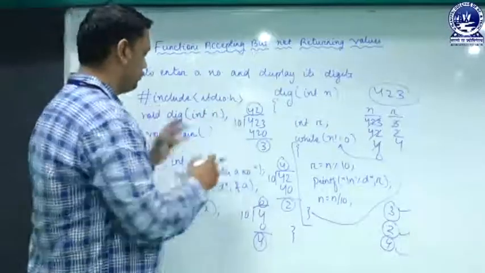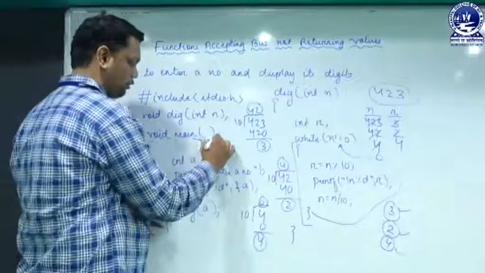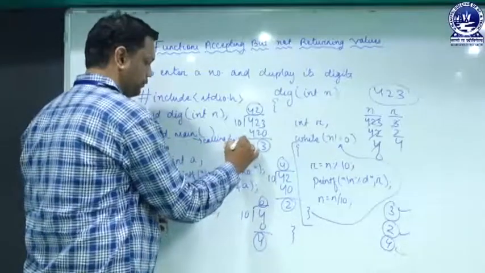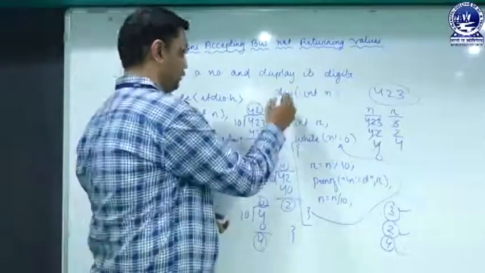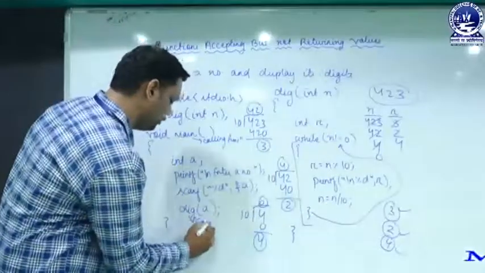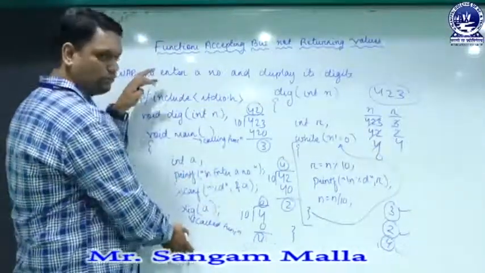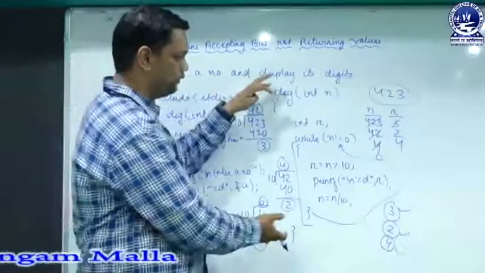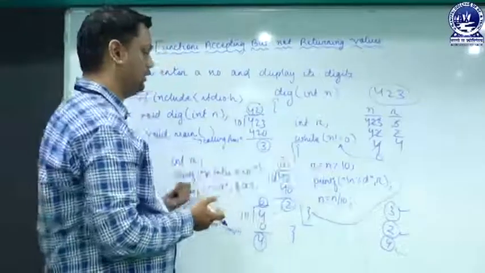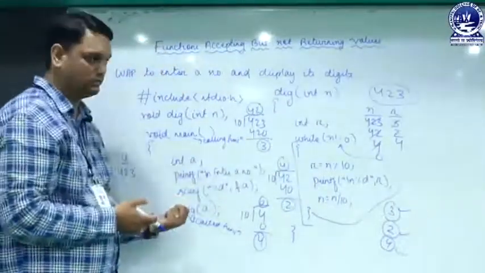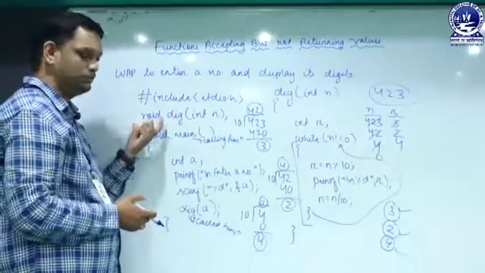So in this way we have entered the number from the calling function. So here the main function is the calling function and we are calling the dig function. So the dig function is the called function. So in this way we called a function from this point. We have defined the function, calculated the value and displayed it, but it has not returned any type of value to the calling function. That's why the function has been termed or returned as void.